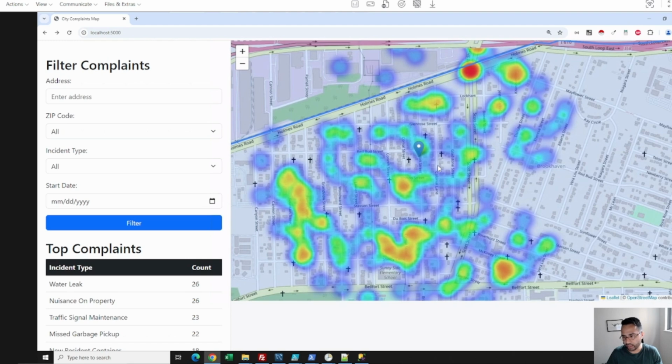Because again, if you're investing in a property or an area, you probably don't want to invest in areas that have a lot of problems, right? And let's say we do a little bit of additional comparison here, right? So compared to our